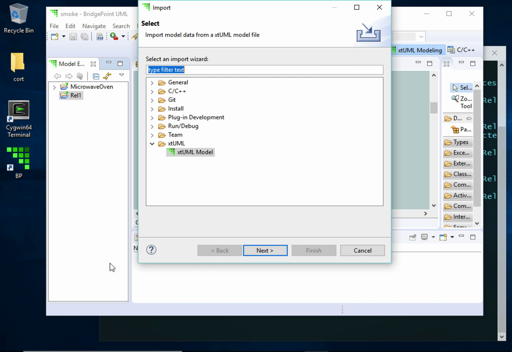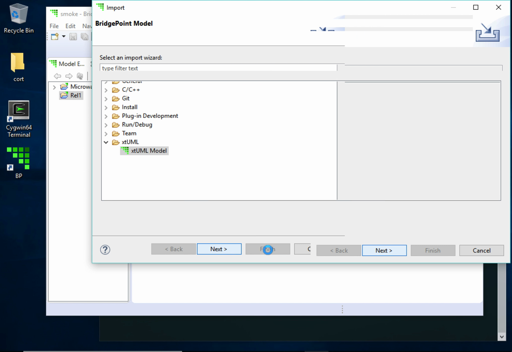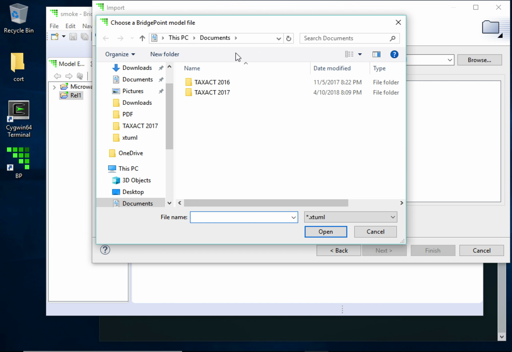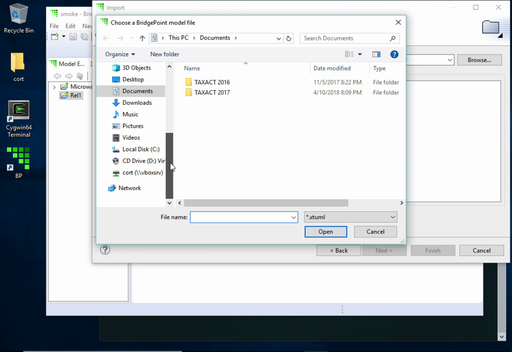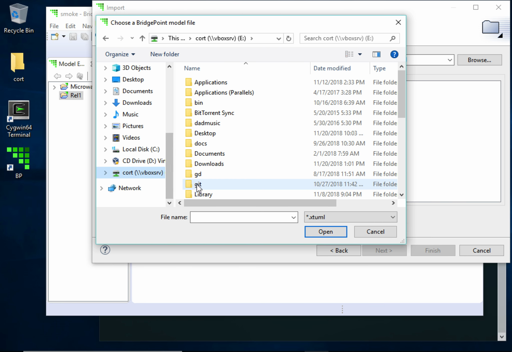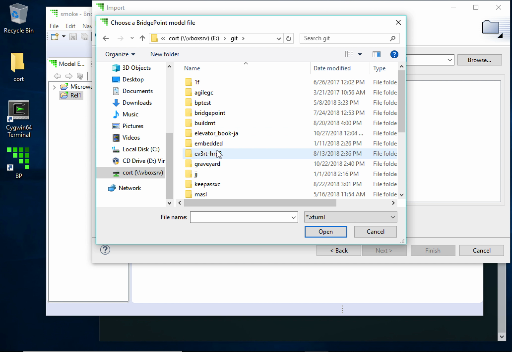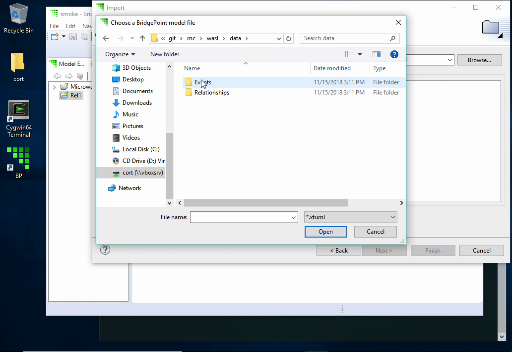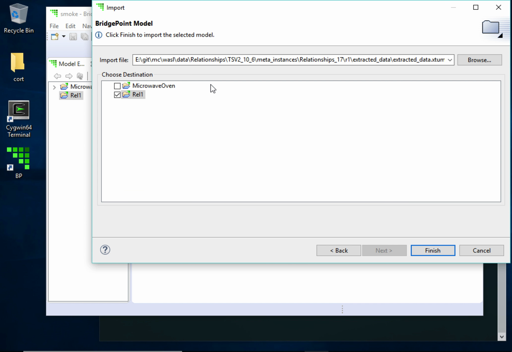So I go to xtUML, xtUML model, next, and then I need to browse to that data file that we created with WASL to xtUML. It's pretty deep in my file system here, so I go into my Git folder, my MC WASL, not Mazel, WASL data relationships. There's the extraction sequence, relationship 17. I'll go down into R1, and there's my xtUML file. Double click on that, finish, and it will import